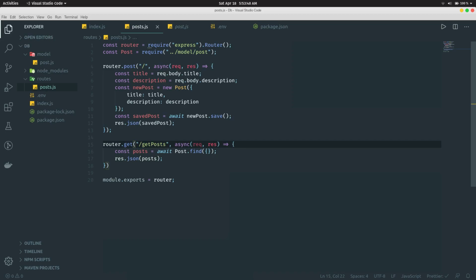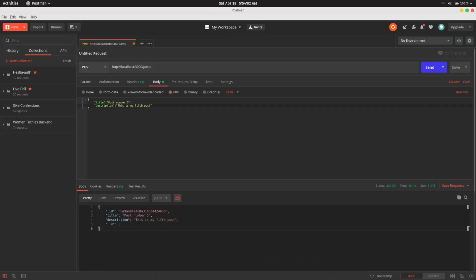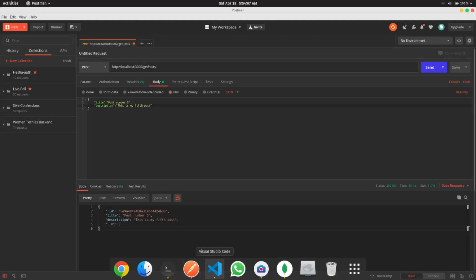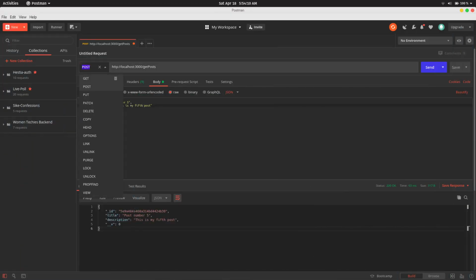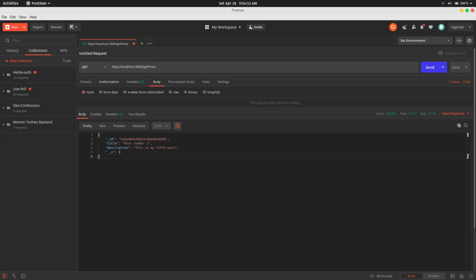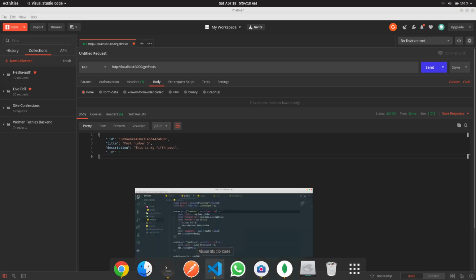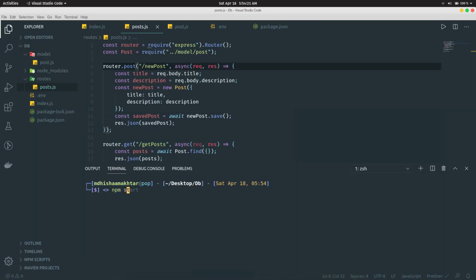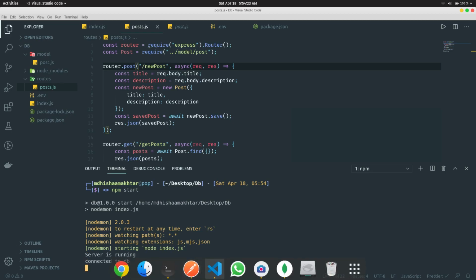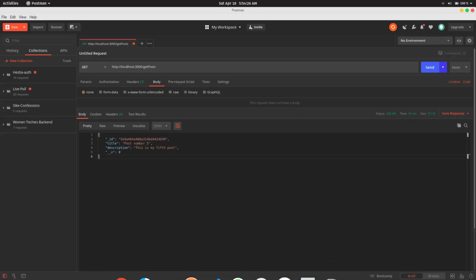and I'm going to be putting this as get posts, and since just posting a post isn't a very logical route to put in the root, we're just going to put something like new post here. Alright, so now I'm going to do get posts as I had written here, and since this is a get request, I'll change it. Get requests don't have any body or anything like that, and first of all we're going to start our app doing npm start so that it's up and running. So it says connected to database, so that's cool,